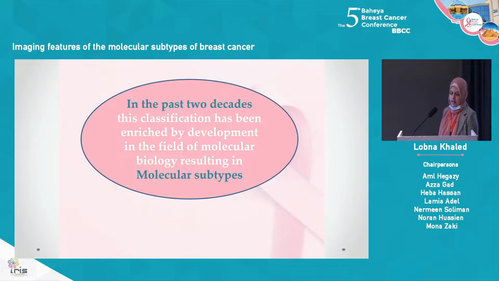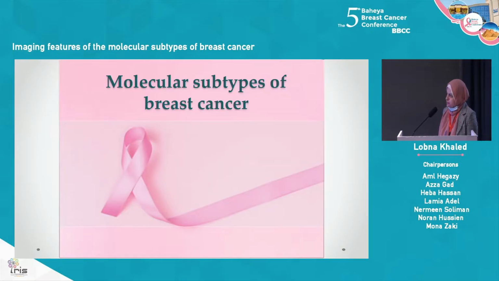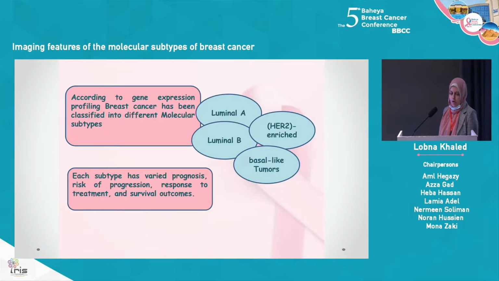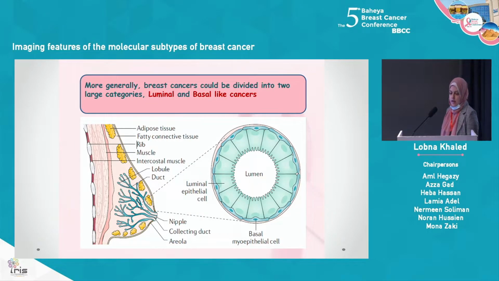In the past two decades, this classification has been enriched by the development in the field of molecular biology, resulting in molecular subtypes. According to gene expression profiling, breast cancer has been classified into different molecular subtypes, including luminal A, luminal B, HER2-enriched, and basal-like tumors. Each subtype has a varied prognosis, response to treatment, and survival outcomes. This is a cut section